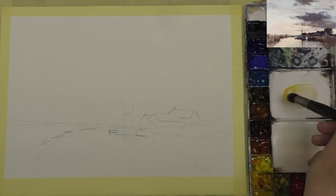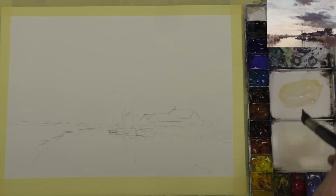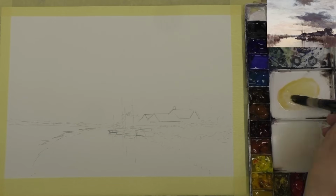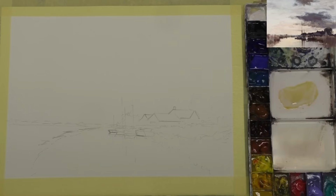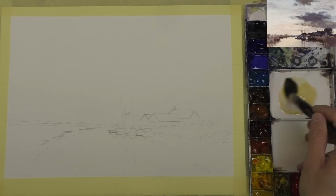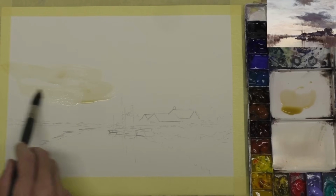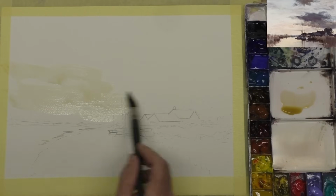My goal is to be able to paint confidently outdoors, and I'm sure some watercolour artists do wet the paper outdoors, but the biggest issue I find when I'm outdoors painting is waiting for the paper to dry. Now, I don't have a hairdryer outdoors, so the last thing I would want to do is wet the paper. So